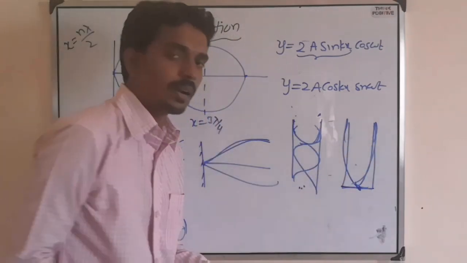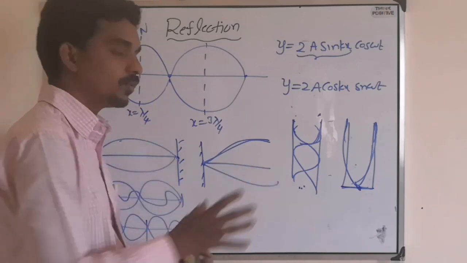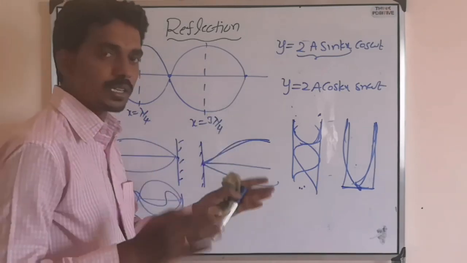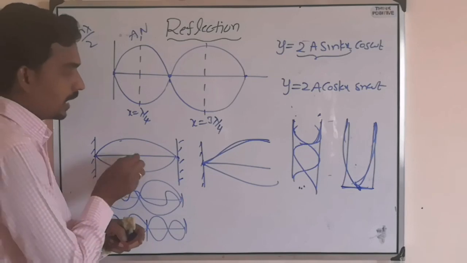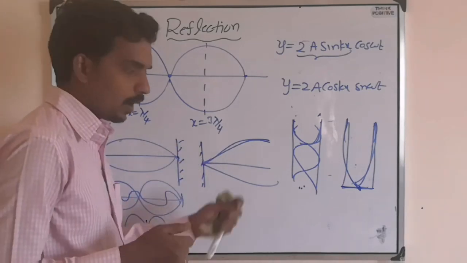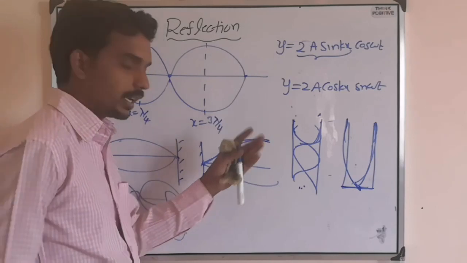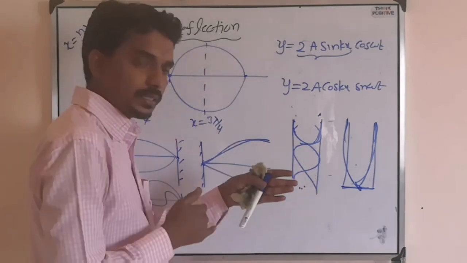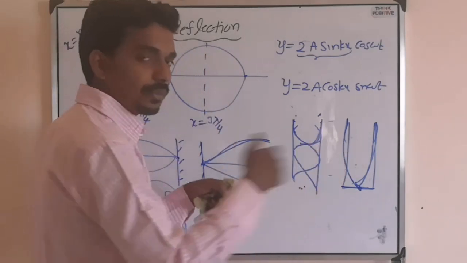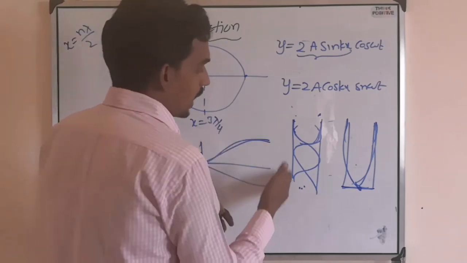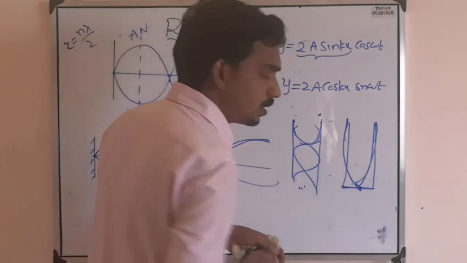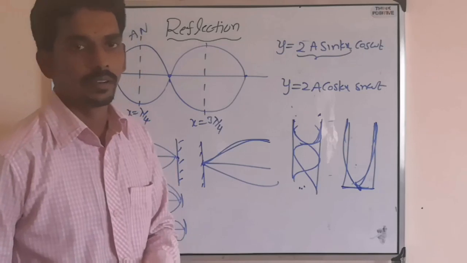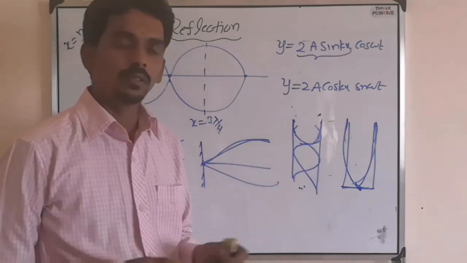So these four examples we have to study clearly. I am just giving what are all the things we will study. In case of string fixed between two supports like a guitar string, how the standing waves will form. In case of one end fixed and another end free, how standing waves will form. If there is a pipe open at both ends, how the wave reflects from the free end, and then how the standing waves will form. And in case of a closed pipe, also standing waves will form, meaning one side closed, one side open.